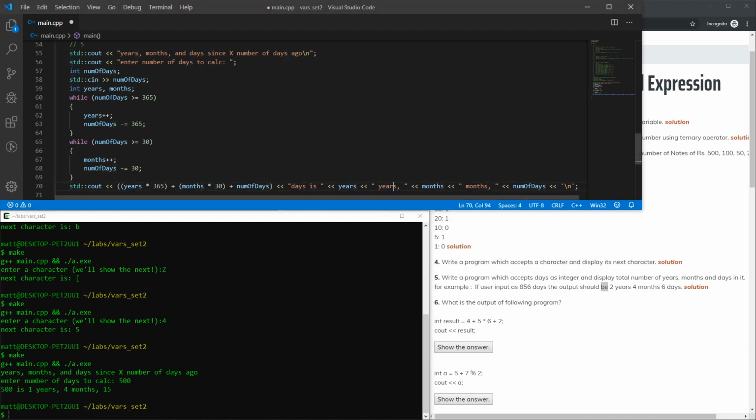So we could make a little ternary operator here to output the proper number of years, because 1 years is obviously bad English and you don't want to do that. So what we could do here is actually something a little tricky. I'll go ahead and show you this. This is actually kind of important for formatting. So ternary operator, which we learned in one of the previous episodes. So if years is greater than 1,